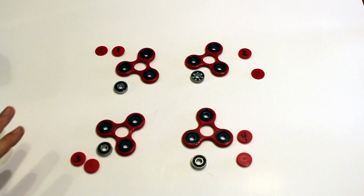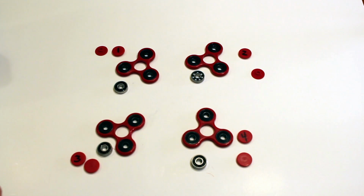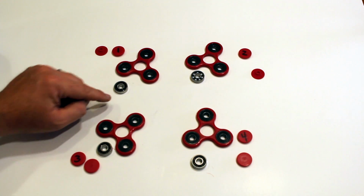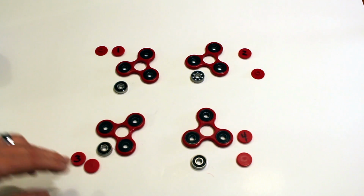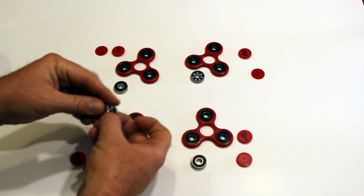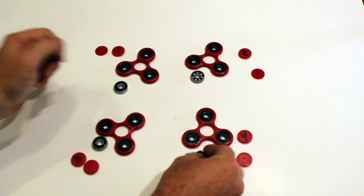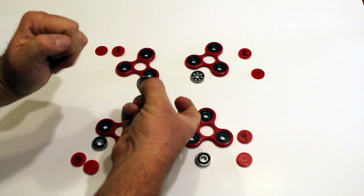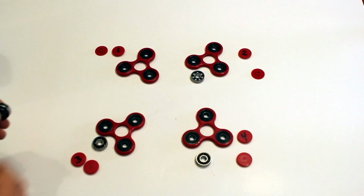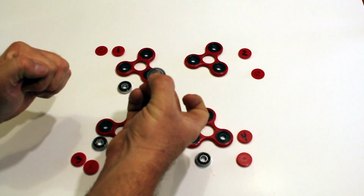So I have every one of these disassembled, and I was very shocked to find that number 2 has a different bearing in it. 1, 3, and 4 seem to have the exact same bearing. They all run really smooth, and well, 3 actually kind of has a little bit of roughness to it. 4 is flawless, it feels like. 1's pretty flawless, but 1 got horrible scores. I don't know why 1 got such bad scores, but number 2, which was the worst,